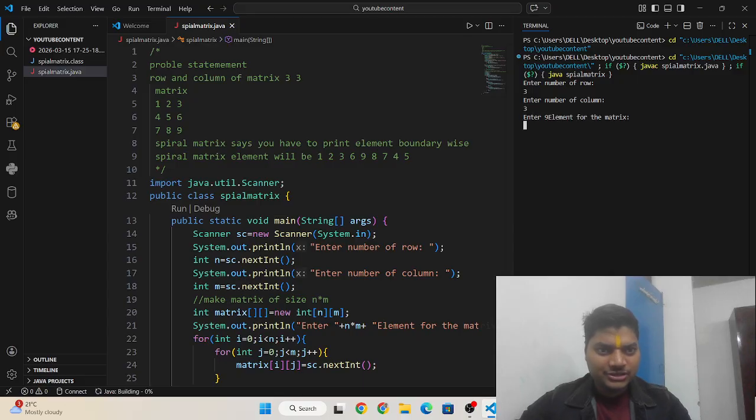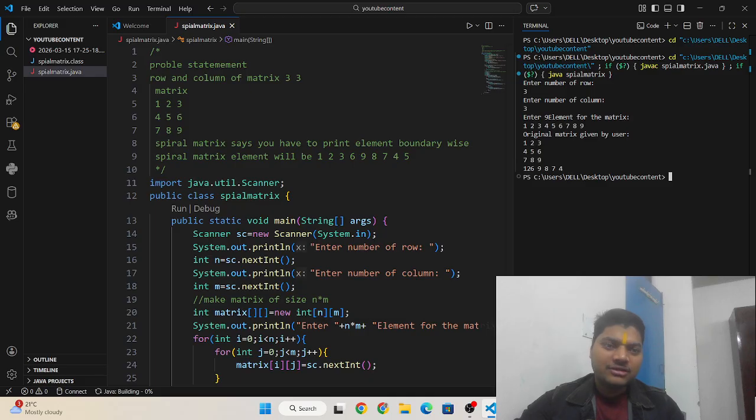I am again entering 3, and it is asking to enter 9 elements for the matrix. I am entering 1 2 3 4 5 6 7 8 9. You can see here 1 2 3 4 5 6 7 8 9, and 1 2 3 6 9 8 7, and then 4 5 is printing correctly.